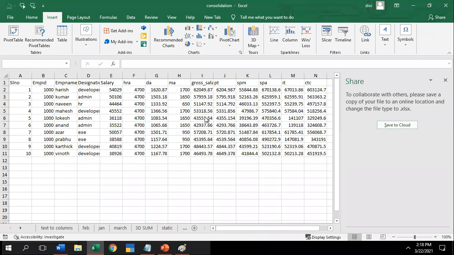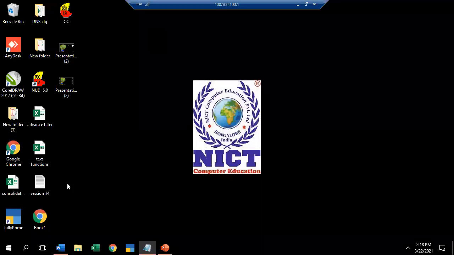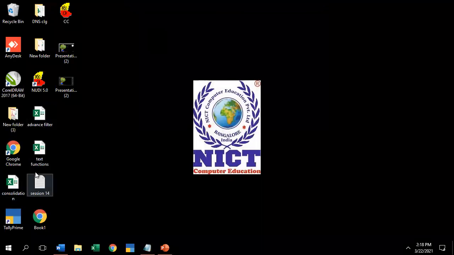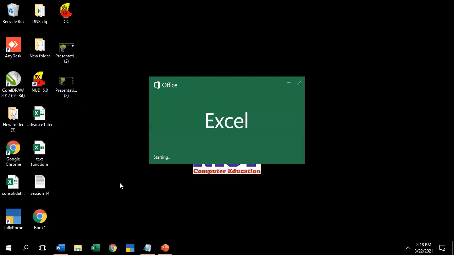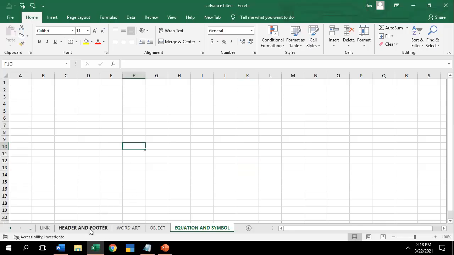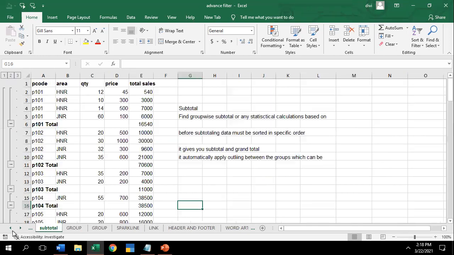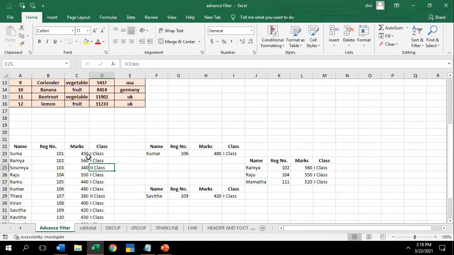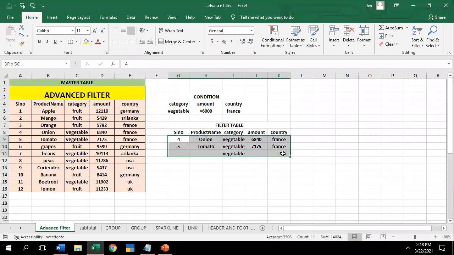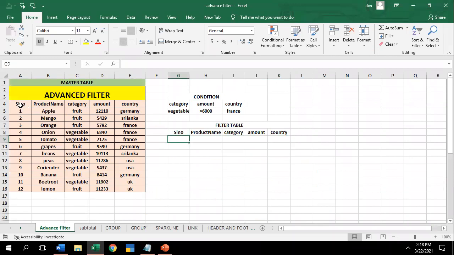Group and total and subtotal, I explained in the last class. I'll just show you. Text function, not this one. Advanced filter. In advanced filter, if I want to get any data, if I click on a filter, the data will be hidden. According to my criteria, if I want to display any data, you can go by the advanced filter. First of all, a criteria or condition should be applied. So first you have to make the condition, then your data should be prepared.